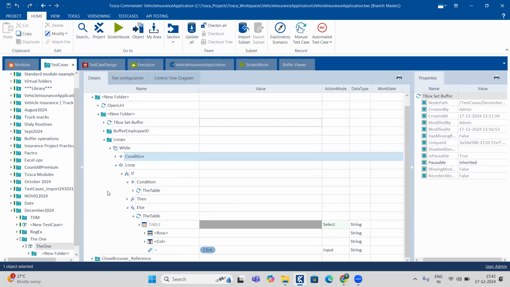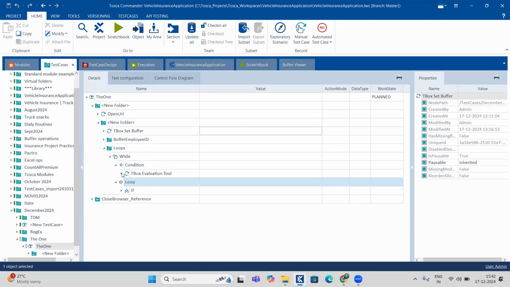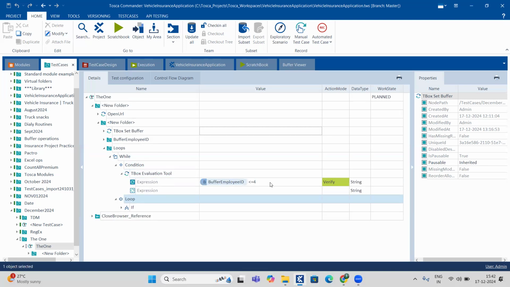And what do you have here? Buffer of employee ID. This is the only problem. Here buffer of employee ID will be 2. So what will happen now? 2 is less than or equal to 4. So if the condition is true,